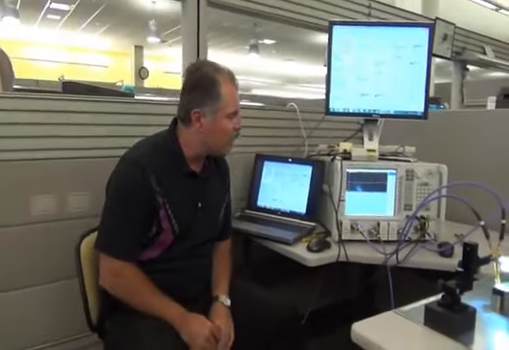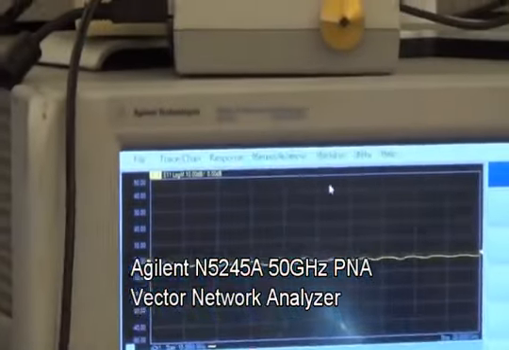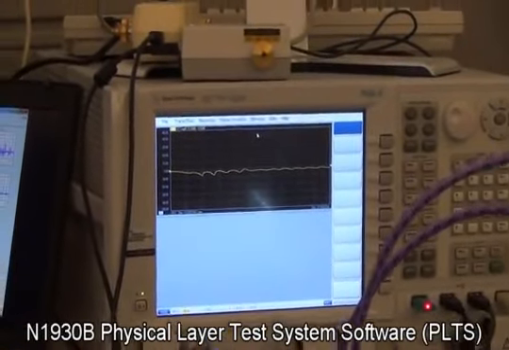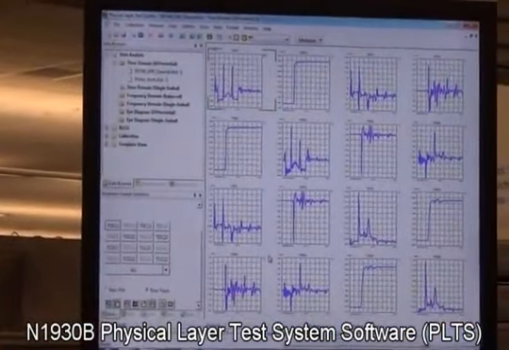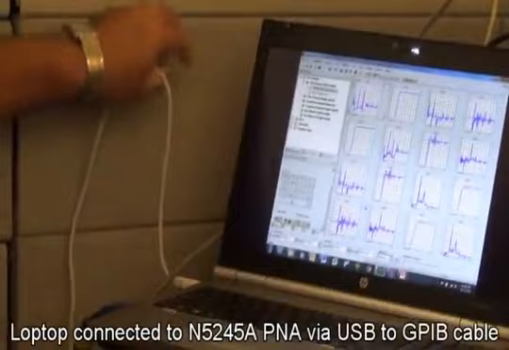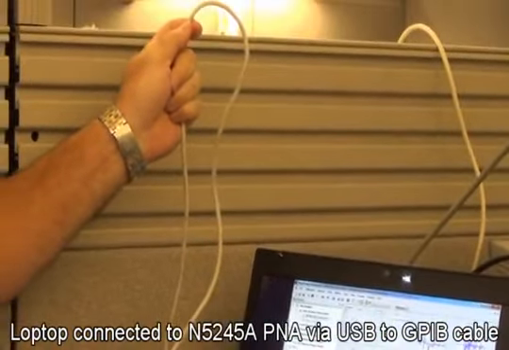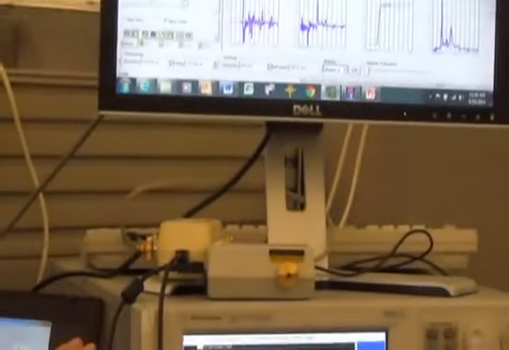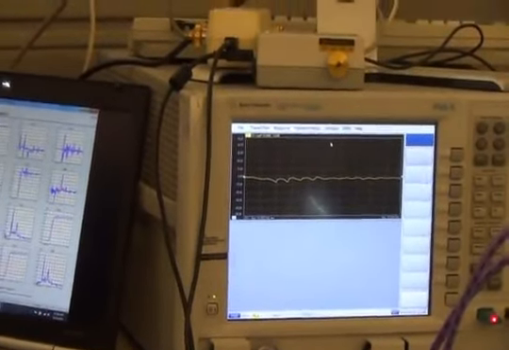Right now we're using an Agilent PNA. It's a N5245A Vector Network Analyzer up to 50 gigahertz. We're running the physical layer test system software, PLTS, on a laptop, and we're connected from the laptop to the Vector Network Analyzer with a USB to GPIB interface. Very easy connection for communications. We can control the calibration and the measurements of the VNA, and then afterwards do post-measurement analysis on the PLTS